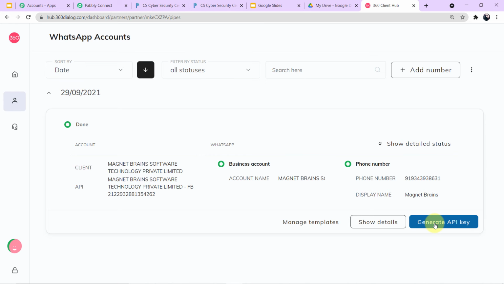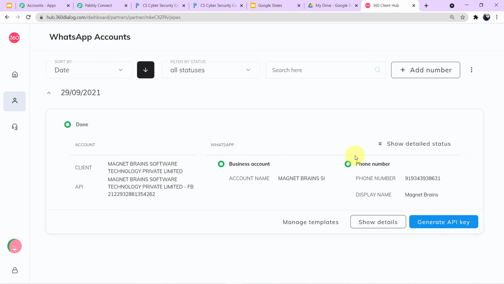Okay, now let me tell you one more thing. This process of generating API key is only a one-time process. You need not do it again and again. Once your API key is generated, the same API key can be used for different workflows. So don't forget, you have to just generate your API key once, and with the API key, of course, the domain will also be generated. So I have already generated my API key and my domain, and I have already copied it.